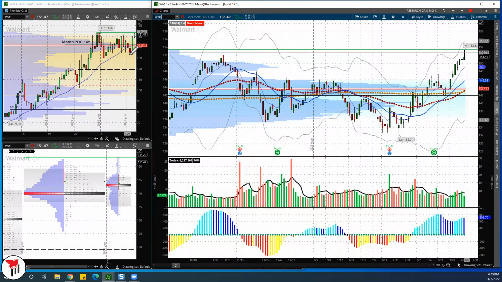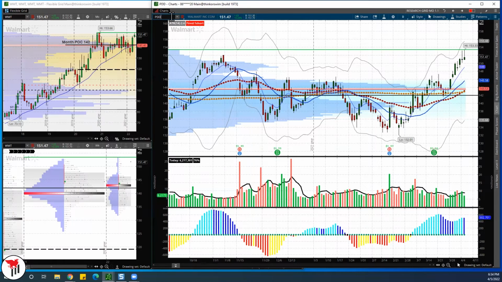So we talk about the monthly point of control, 142. That's where you should have been long if you're trading this pattern. You got the support right here, 142. Here's the signal. I don't trade it. If you come right here on volume profile too, it's telling you 143.10. This is market profile, this is volume profile. So market profile is telling you that there was a big accumulation, 140 the whole prior year, and then 143 the whole year. So do I want to be buying 160? Unless I have a massive move. Otherwise, I don't want to get involved in that one. I'm a little late from, again, big moves.